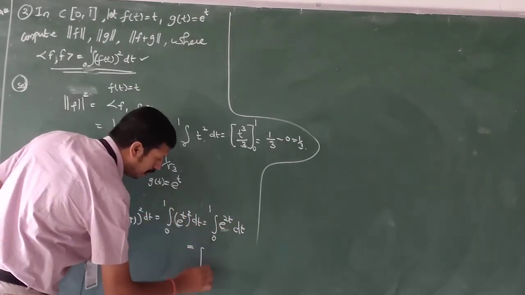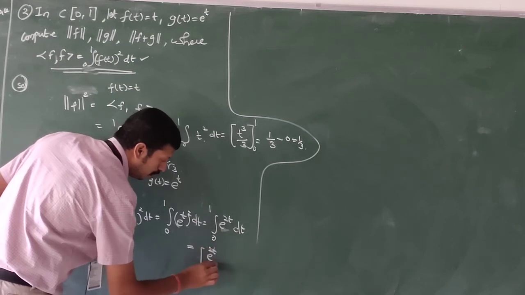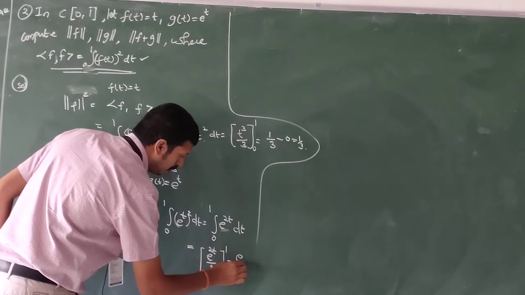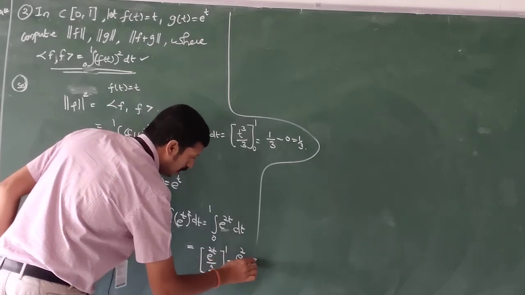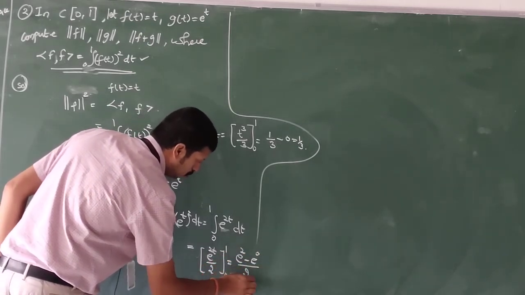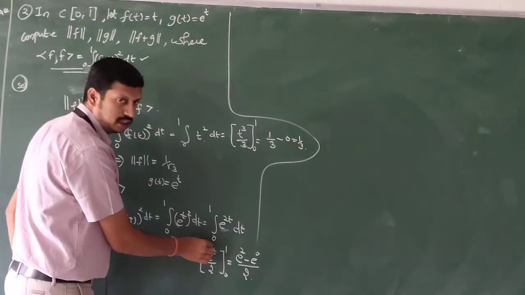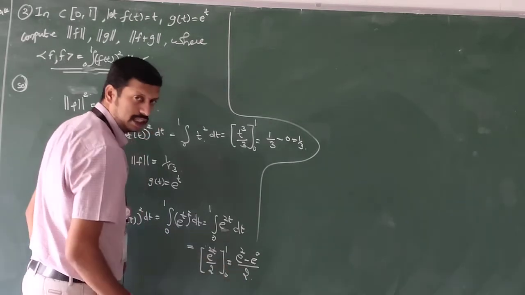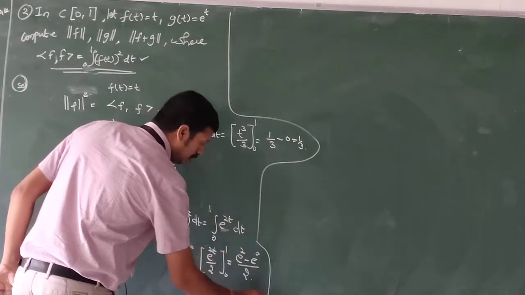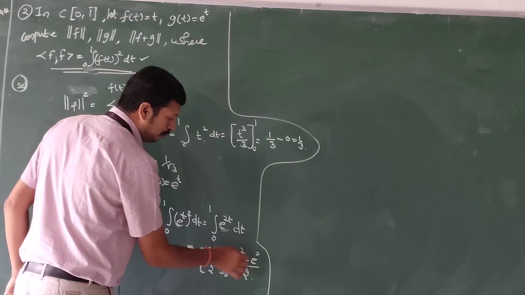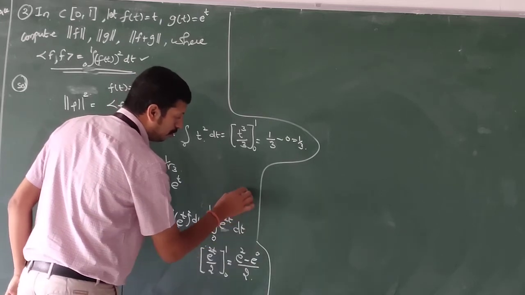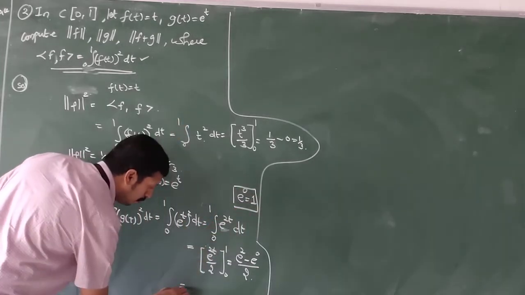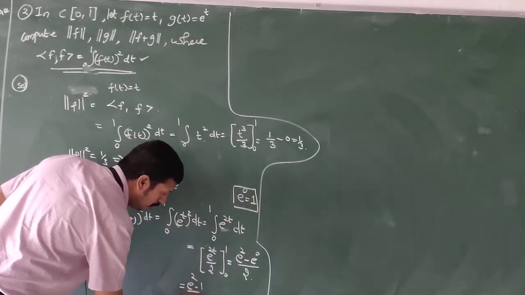So that can be integrated. So e power 2t by 2. So limit points are from 0 to 1. So that is nothing but e power 2 minus e power 0 by 2. So if we substitute the limit points, 2 into 1 is 2, right. Next, the denominator is common, so I am keeping it common and doing this one. So e power 2 minus e power 0. What is the value of e power 0? E power 0 value is 1. So you will be getting e power 2 minus 1 by 2.